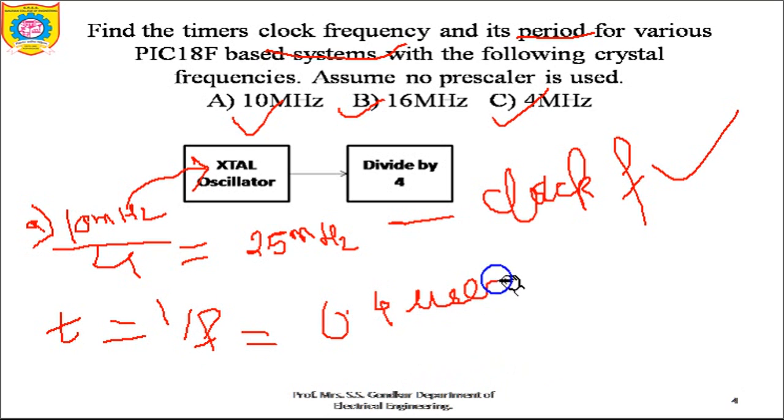microseconds. This calculation is done for the crystal oscillator frequency of 10 megahertz. On similar lines, we can do the calculations for a crystal oscillator of 16 megahertz frequency and 4 megahertz frequency also, so that you will get the clock frequency and the period. Coming to the next point,